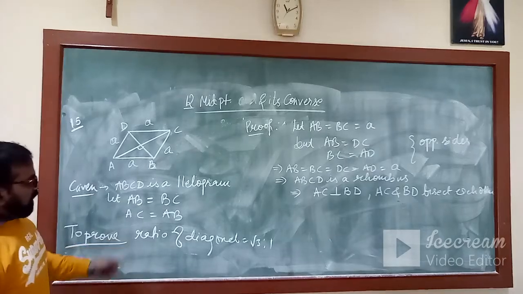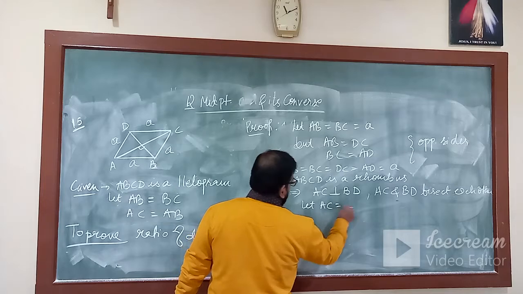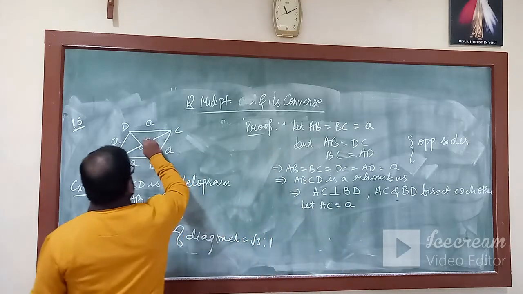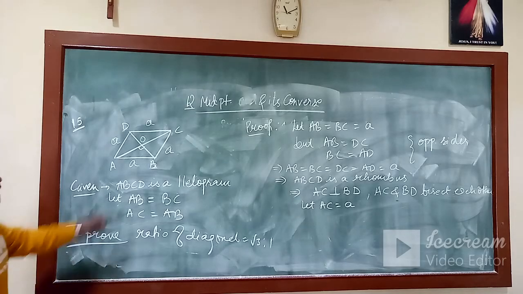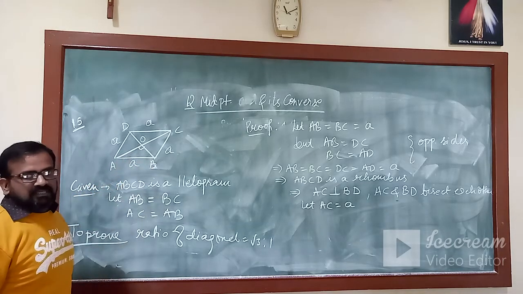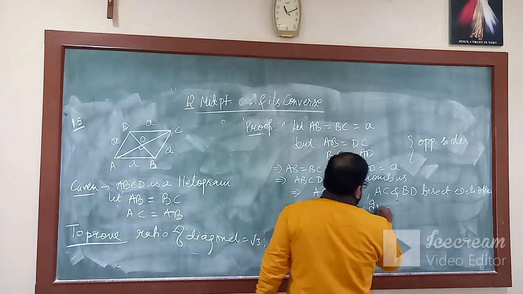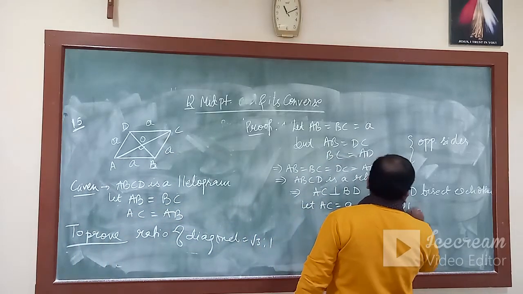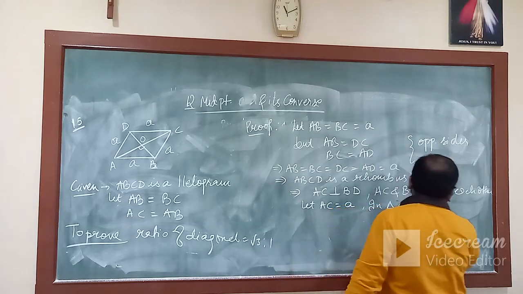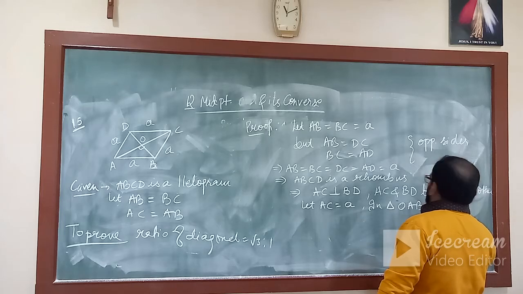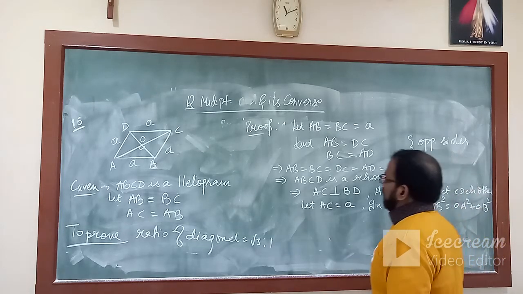Let one of the diagonal I have taken AC equal to A. Let this point be O. Now if I can find the value of OB, then I can easily solve. So in triangle OAB, AB square equal to OA square plus OB square,